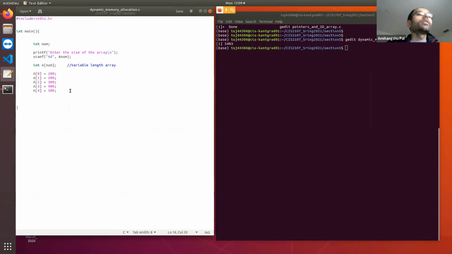All right, so now let's print it. I'm just basically showing whether the program is compiling and running properly. So for i equal to 0, i less than size, i plus plus, percent d, some space, a of i.